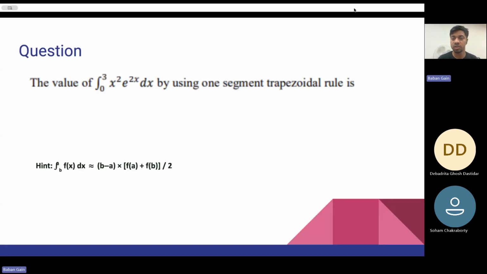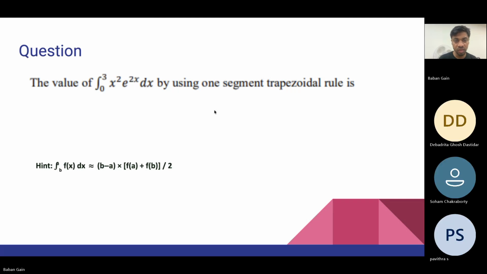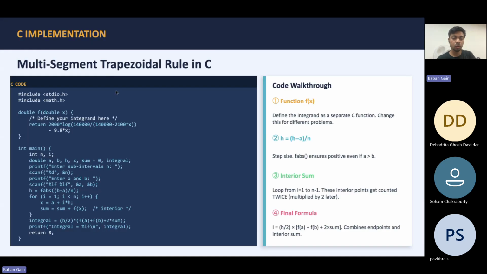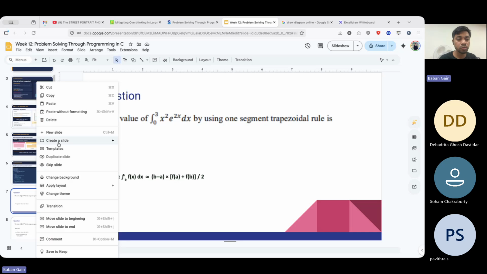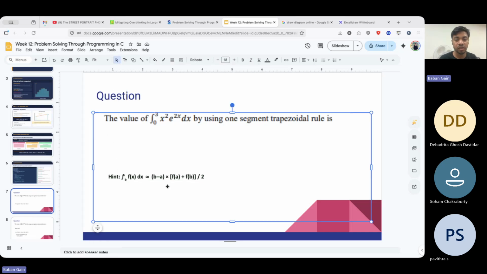Let me go straight to an example here. It will be more clear from this point. This is an equation: x squared times e to the power 2x. I want to find the area between 0 and 3, which are a and b. So how to achieve that? Basically, what we have to do is find